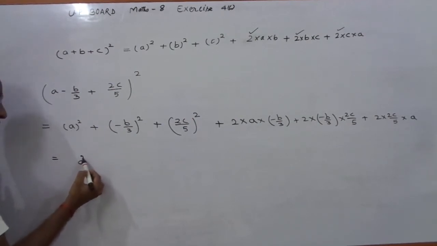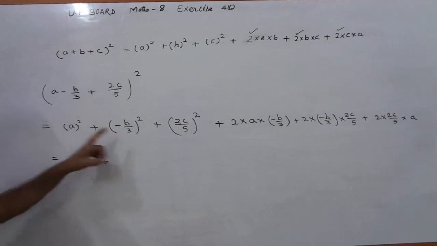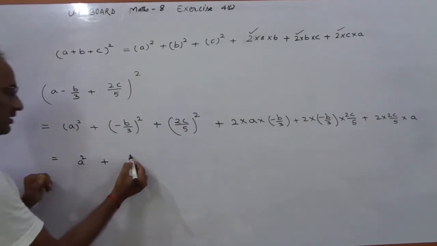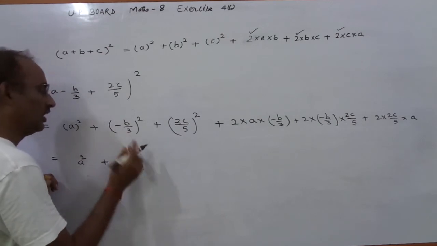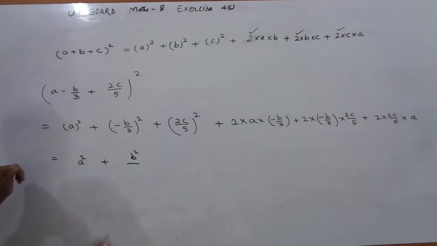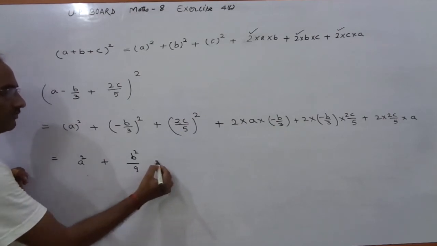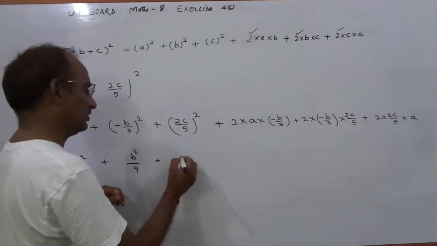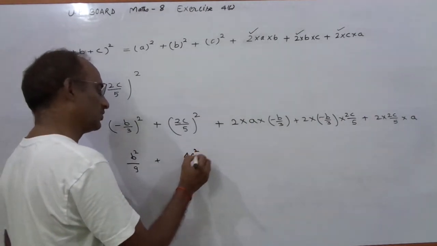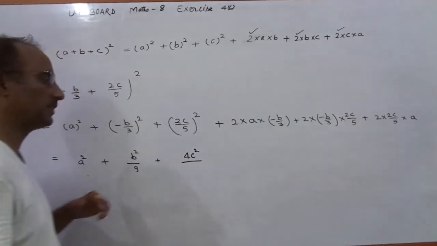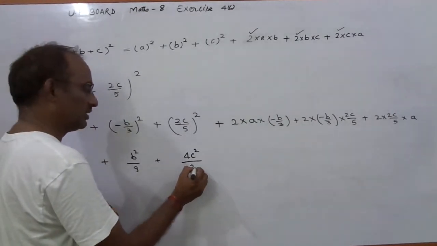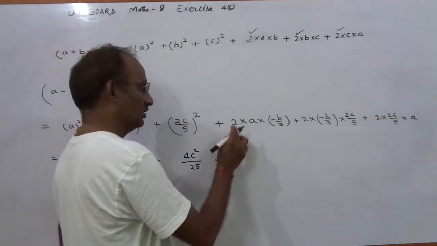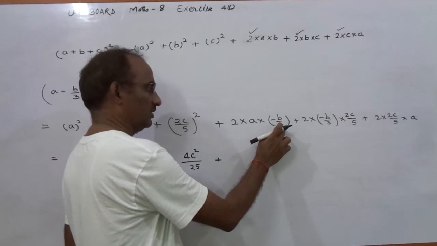a power 2, minus b is multiplied with minus b, so it is b square, and when 3 is multiplied with 3 we get 9. 2c is multiplied with 2c, then we get 4c power 2, and 5 is multiplied with 5, then we get 25. Here is 2 and here we have 3,